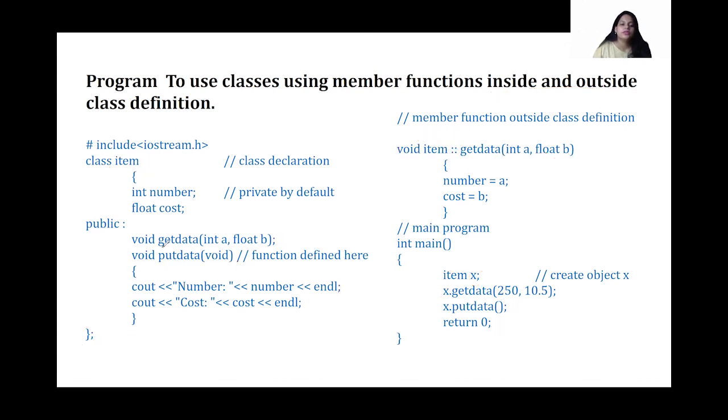The only difference you should see is that whenever you are asked to give an example for inside and outside both, instead of writing two programs for two functions, you can write something like this. Take two functions. Code of one, you can write inside the class definition. Code of one, you can write outside the class definition. Don't forget about the header. After that, you are good to go, right?